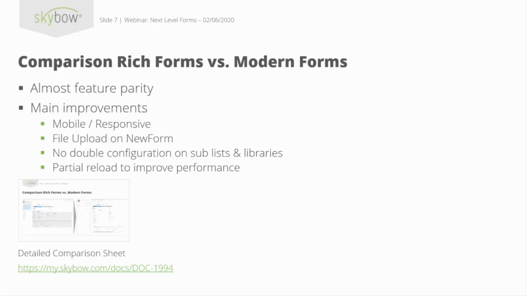So there you always needed to create an item first and then go to your edit form and do the upload there. Now with modern forms, you can use the upload functionality already on the new form. And something which is as well an improvement, I would say, is that we now have no double configuration on the